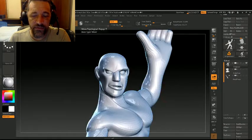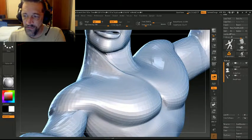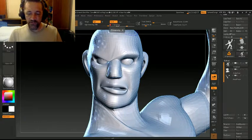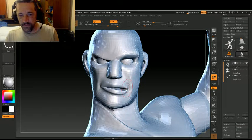Let's say move topological, to tweak the rest of this. Now, I'm going to make sure that the smooth is kind of low poly, and then 1, 2, 3, 4, 5. I'm going to smooth out this brow here. Then I'm going to make this a bigger,